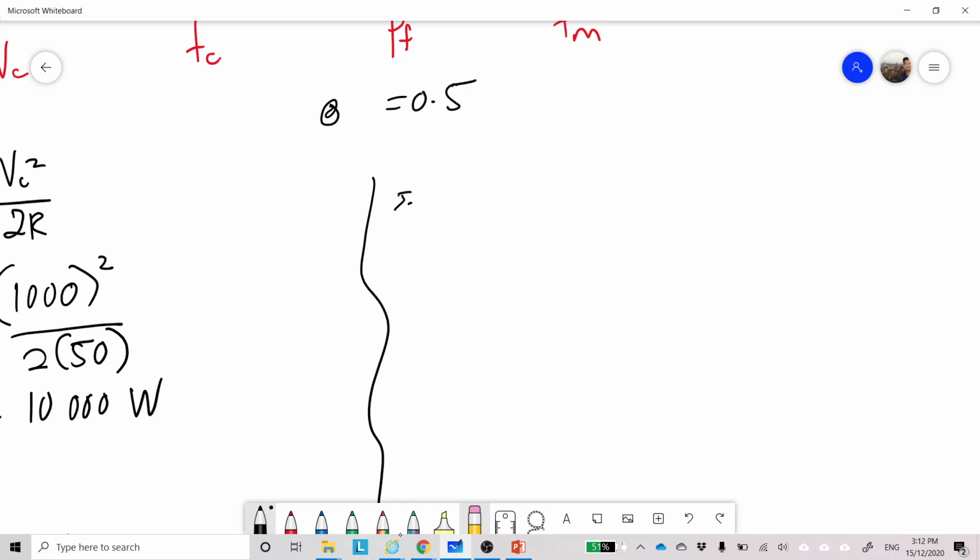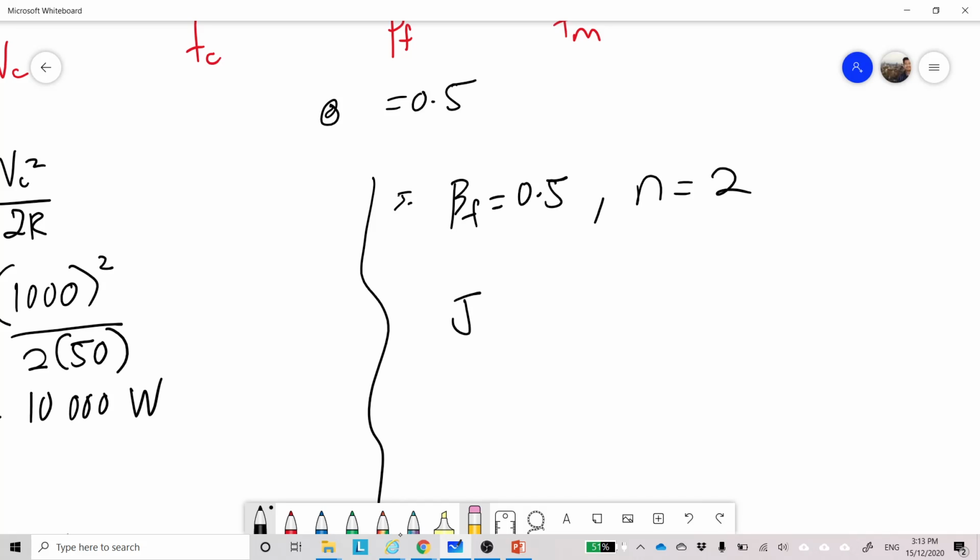Okay, amplitude spectrum. In order to find the amplitude spectrum, therefore you need to find how much is the beta. You need to know the relative amplitude. So for beta equal to 0.5, the number of significant sidebands is, open your Bessel table and you see that there are two significant sidebands, ada dua significant sideband.